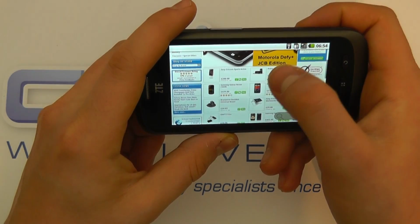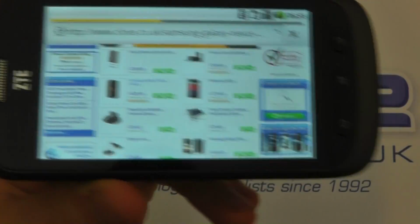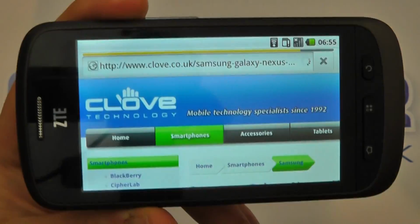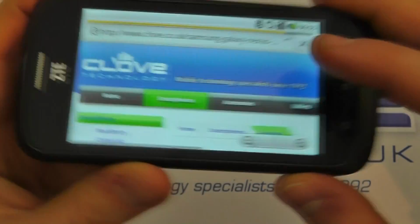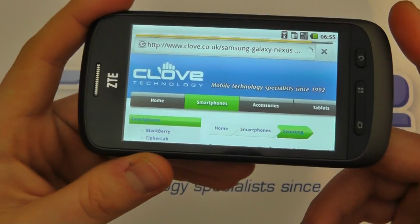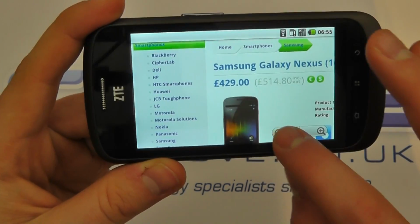So let's go to a product page. We've got a little bit more text. Now because it's only a 600 MHz processor, at times you will notice a little bit of lag, which can be frustrating, but if you're not in a rush then it shouldn't really matter, whereas a lot of people now want everything done instantly. It's not like there's a long delay, but you notice those split-second differences